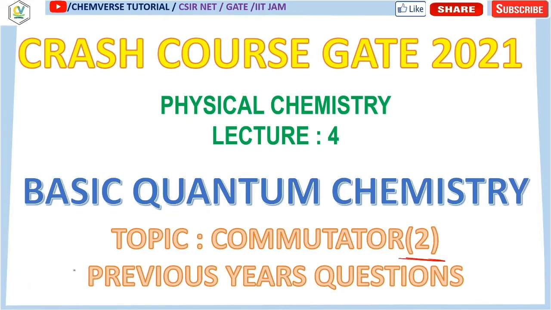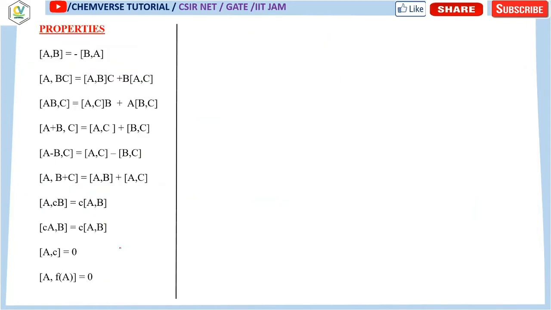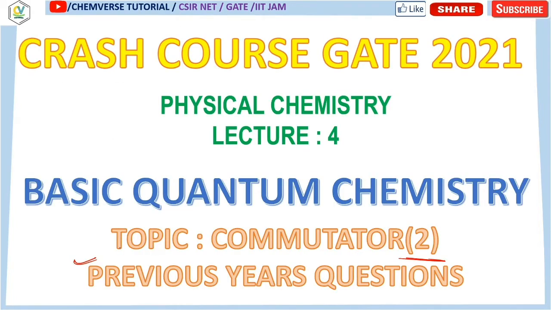In this lecture we will solve different previous year's questions and we will look into some properties of the commutators. Some basic points about the commutators and some examples I have already covered in my previous lecture. So if you haven't watched that and just start watching this lecture, then my recommendation is that please watch that, because that will be helpful to you whenever you are going to learn about some topic. Like over here you are going to learn about commutator, so it is very important to watch all the videos sequentially so that it will be much helpful to you, and obviously it will be understandable to you as well, because some of the examples I have already covered in my previous class.